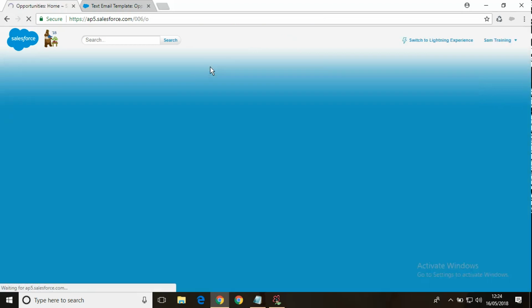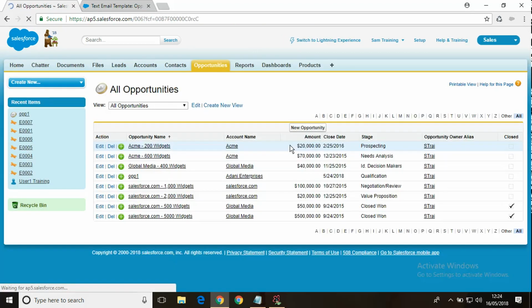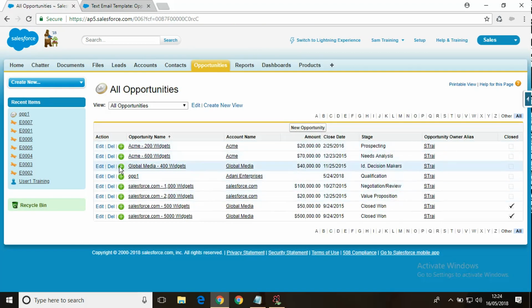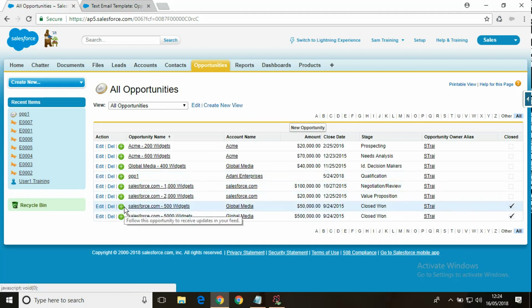Okay, let's check that. Suppose I do have some opportunity, and this opportunity is really a closed opportunity. So for this, the condition which I specified, the rule criteria, is false, because closed is true over here. This opportunity is closed. So for this, workflow condition is standing false.